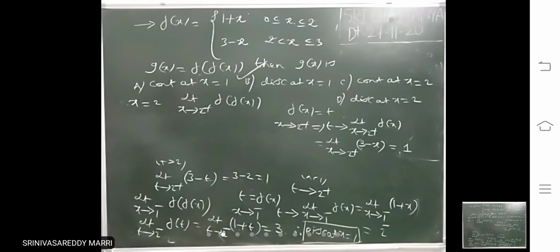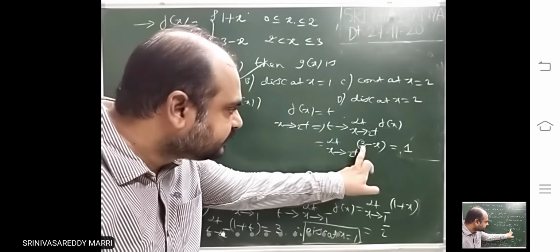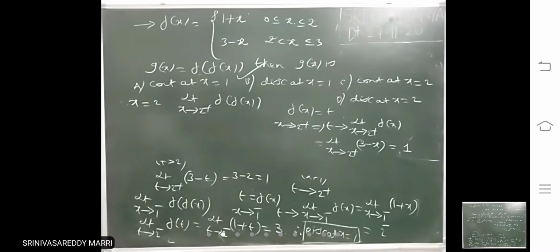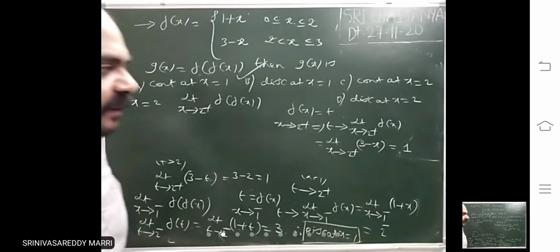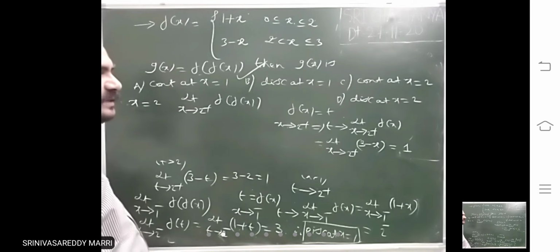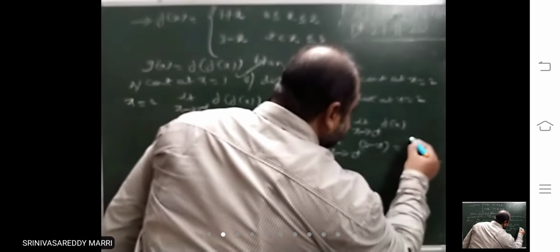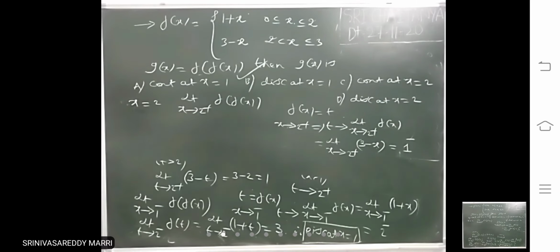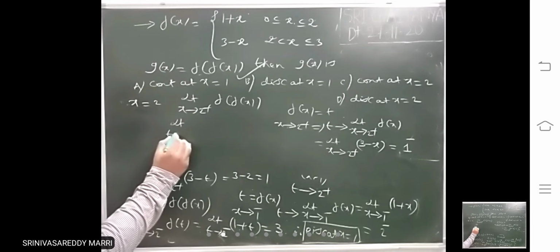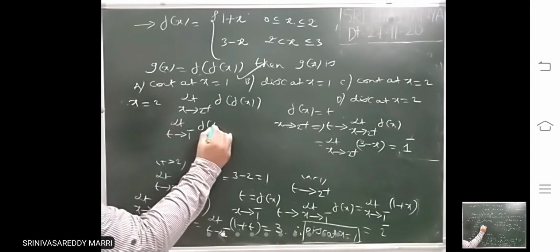Is it 1 plus or 1 minus? Look, 2 plus means greater than 2. 3 minus 2.00001: if you subtract more than 2, 3 minus 2.0001, it will be less than 1. That means 1 minus, a value less than 1. So the limit is t tends to 1 minus of f of t.